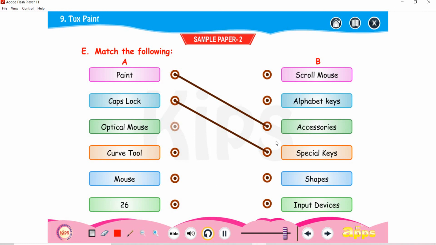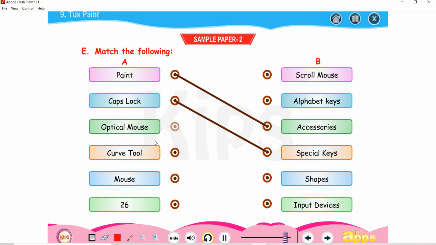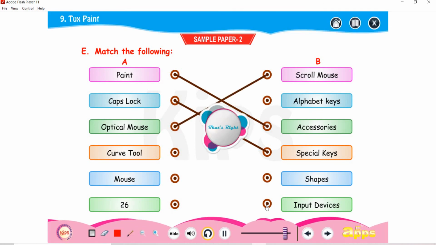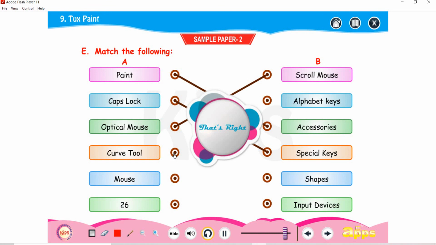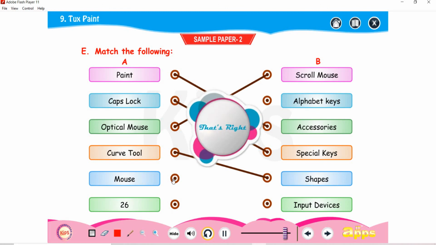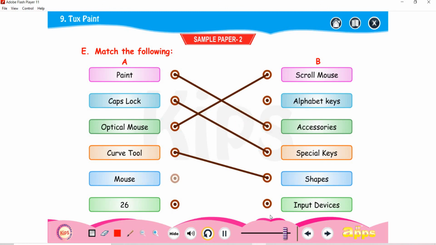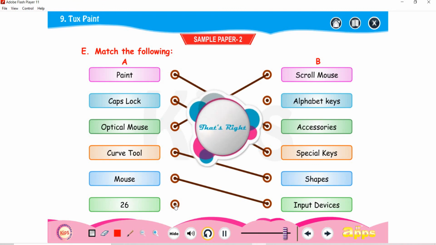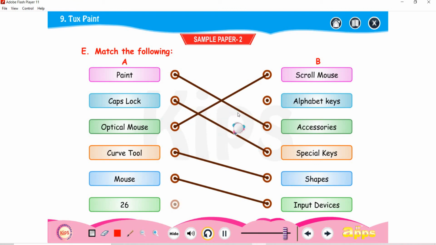Just now we wrote that the optical mouse is a type of scroll mouse. Next, curve tool. The curve tool is a shape. Mouse is an input device, and 26 is the number of alphabet keys.